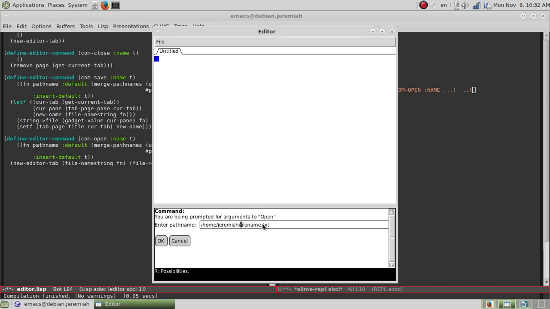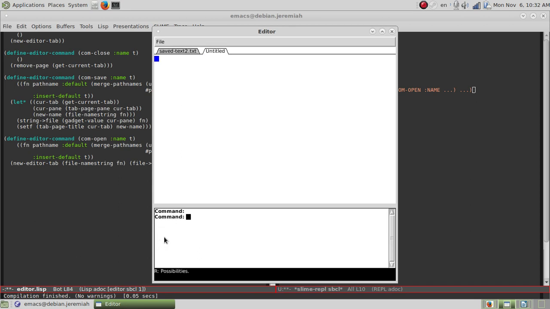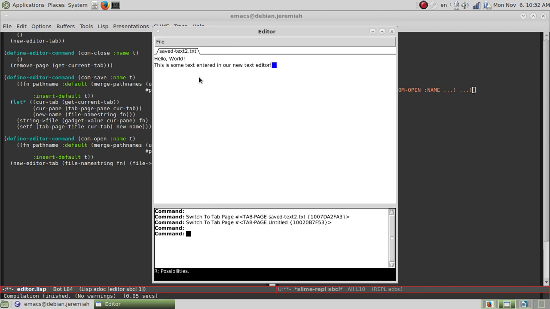Alright, do you remember what we called our last file? I think it was called saved text 2. And there we have it. I opened a file, I don't need that blank one. And so now we have all our features in the editor. We can create a new file, we can save it, we can close our tab, we can open an existing file, we can quit, we can edit the file we've opened,